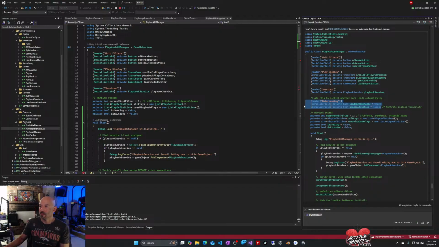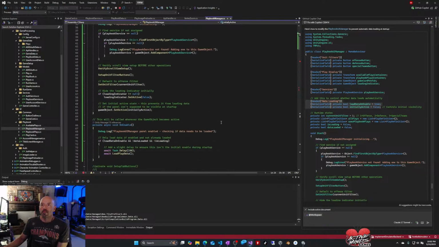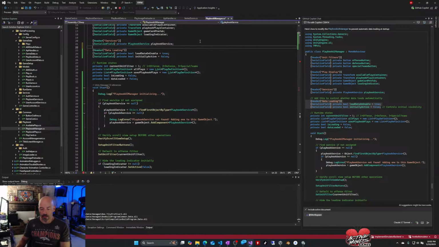Add this to a controller. Is that a thing I need to add to? Well, it's there. Do I have to? It's serialized though. Does that mean I have to put it in my